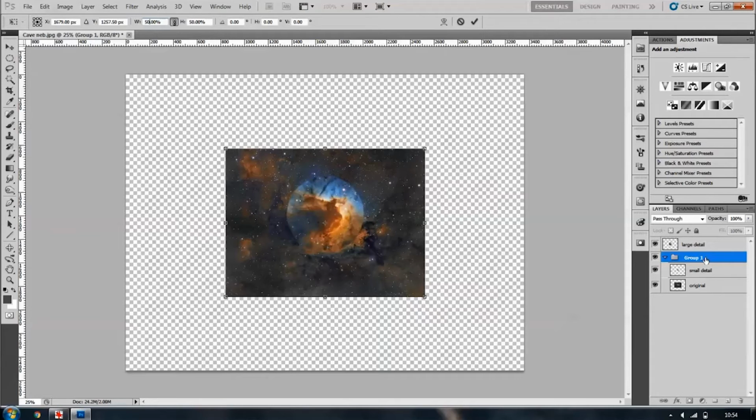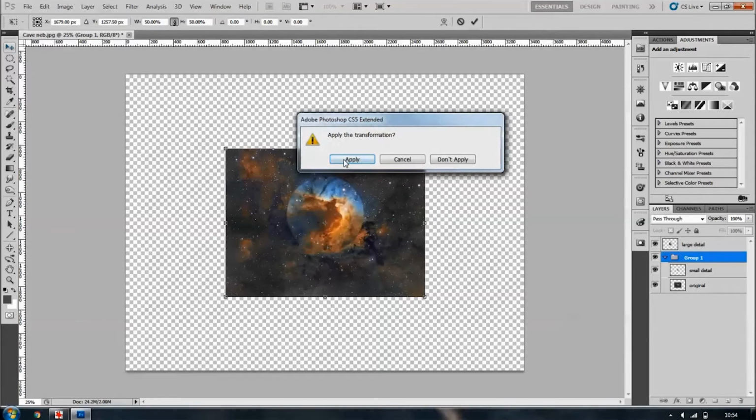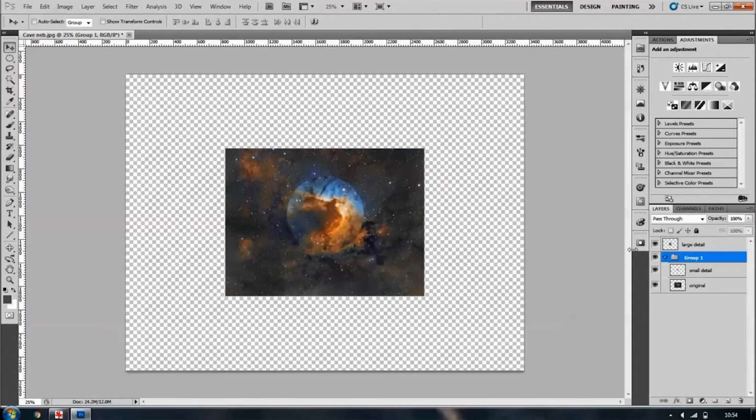And because we did the whole group, this small detail will also shrink to the same size. And large detail, this layer here, which is the one you can see on the top, has stayed the same size. So we go to the move cursor, do apply for the transformation,